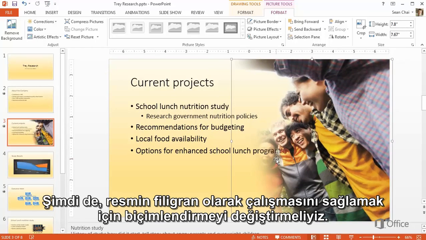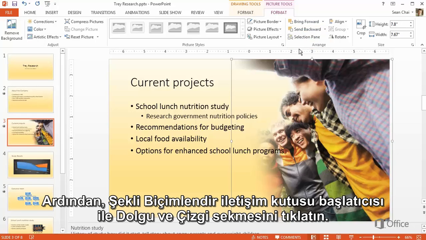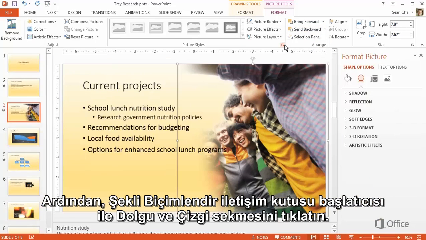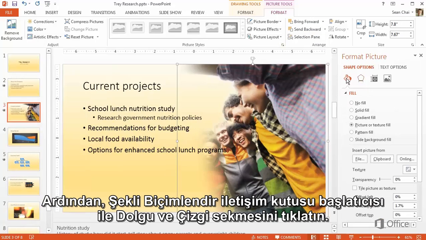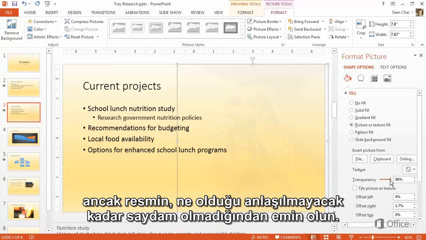Next, we need to tweak the formatting to make the picture work as a watermark. First, click Send Backward and Send to Back. Then click the Format Shape dialog box launcher and the Fill and Line tab. Add transparency until the foreground elements are clearly visible, but make sure it's not so transparent the viewer won't know